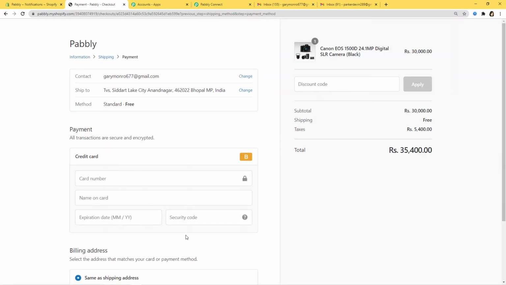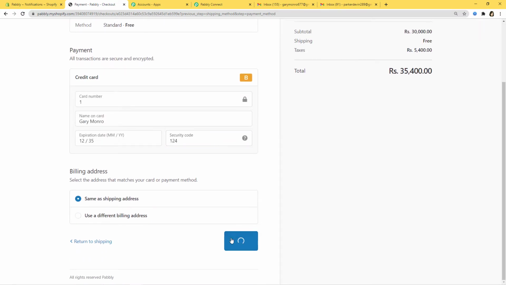Okay, so here you can see credit card details. So here you have to put your credit card details. I am going to use test card details over here. Expiry date, security code, pay now.